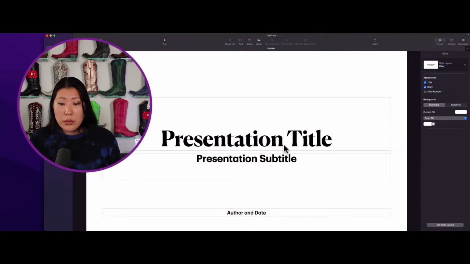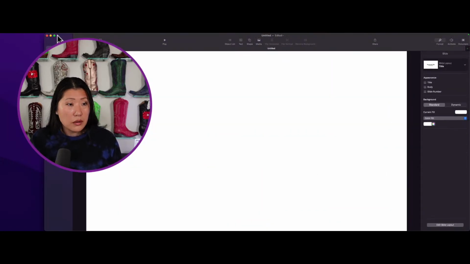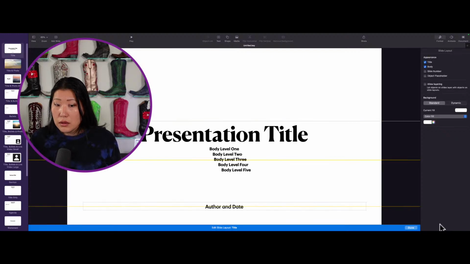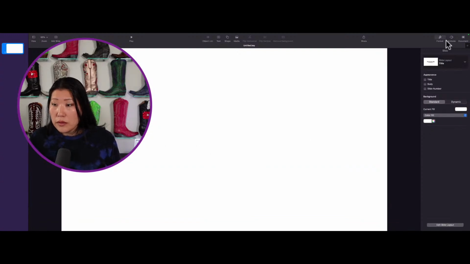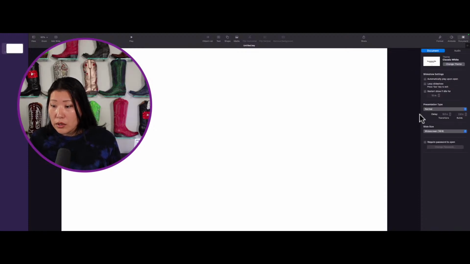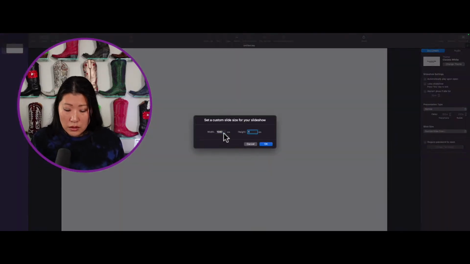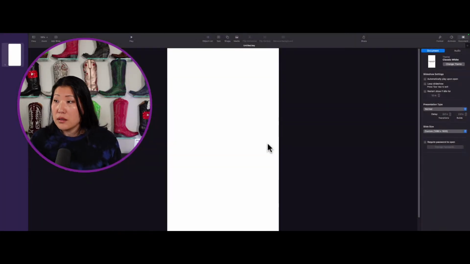I'm in Keynote now, by the way. So I'm going to Command A everything and get rid of it. Then over here, I'm going to change the slide and edit slide layout. No, it's in the format, isn't it? Format. Let me find it. It's been a while, guys, that I've been in here. Document. We're going to change this slide size into a custom size. We're going to reverse these: 1080 by 1920. It's going to change that from a 16 by 9 into a 9 by 16.